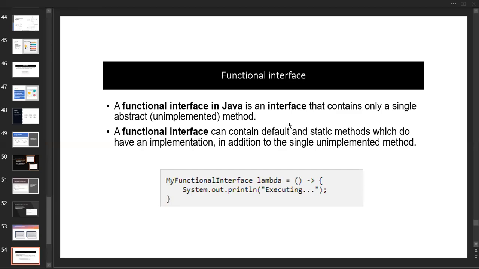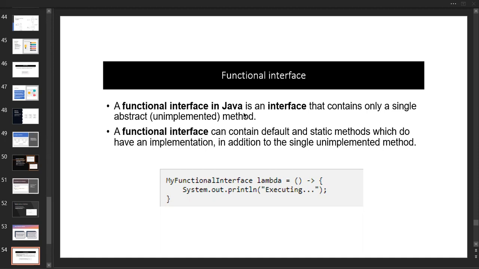The main usage of a functional interface is to reduce the code. And you can directly access it by using the hyphen operator as well as the greater than symbol, like this. So what is a functional interface in Java? It contains only a single abstract method, and you have to remember this one. This functional interface is having a single abstract method. Just remember this one.